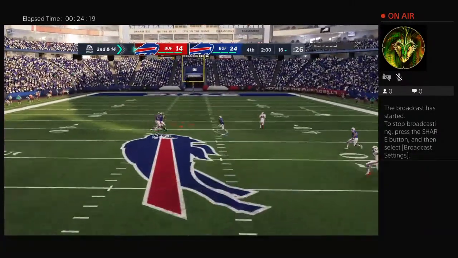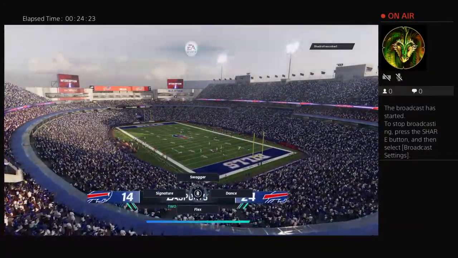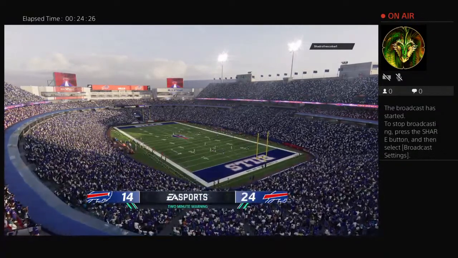Going deep for Diggs. And this is intercepted, and that should do it. Picked up by the all-pro corner, Josh Norman. And they are going to